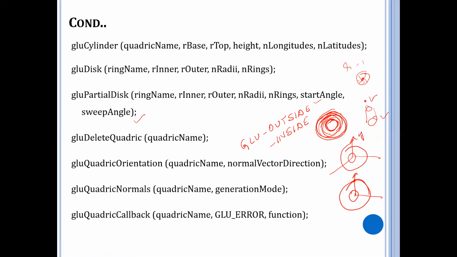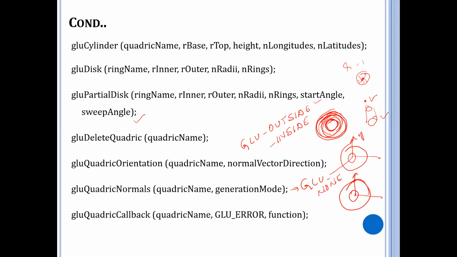Another option in the generation of surface normal vectors is the quadratic normals function, where a symbolic constant general mode indicates how surface normal vectors should be generated. The default value for this is GLU_NONE.